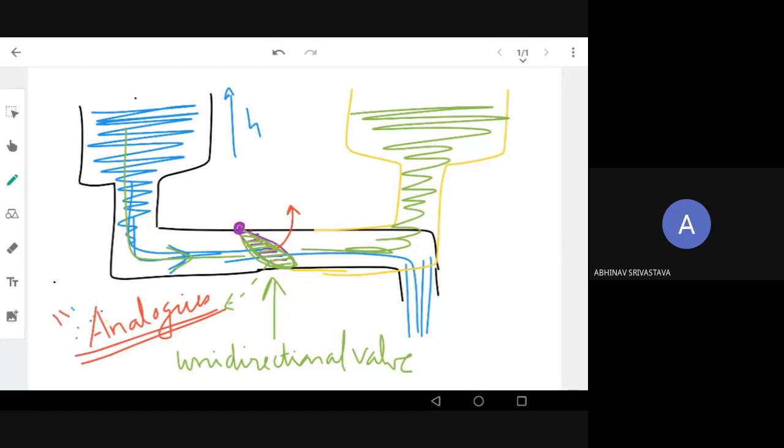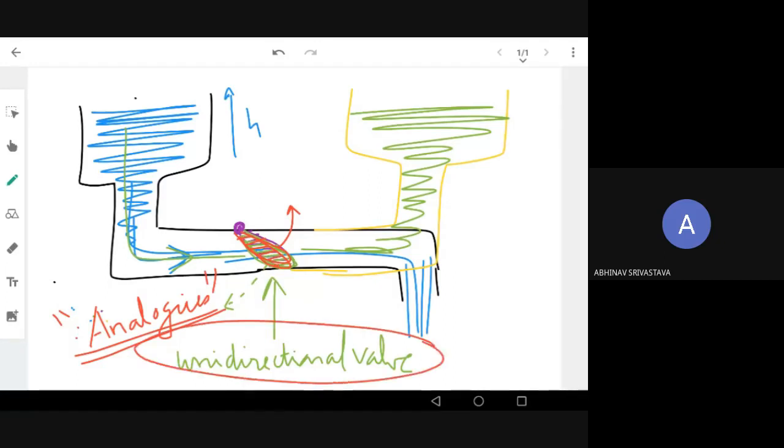One of the advantages of analogies is that with water flow, we have seen and felt the pressure. But in electronics, we have not felt the voltage and current. We cannot see it or feel it. We can see it only using instruments. We can feel it using instruments, maybe a shock also. So analogies are very important to understand the electronics and electrical field. So we'll be using a lot of analogies. This is the first analogy you need to understand, considering the diode as a unidirectional valve.